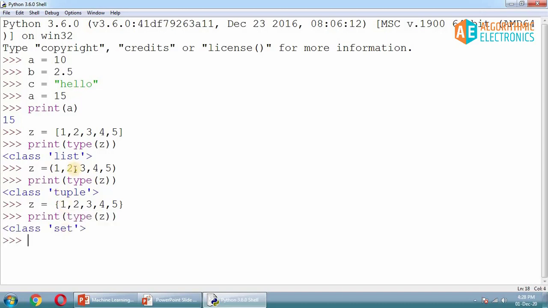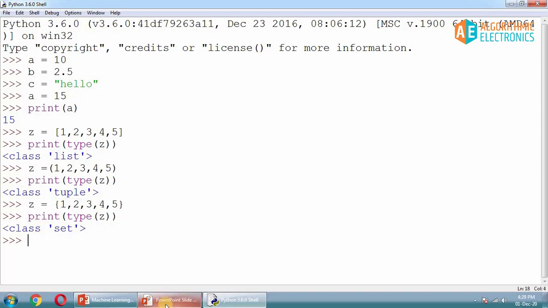Okay, so as far as the visual difference between these variables is concerned, you can find that this has square brackets, this has rounded brackets, and this has curly brackets. That's the only difference. And if you write using these brackets, it will change its type. So it is list, it is tuple, and it is set. This stores the same data, this also stores the same data, and this set is also storing the same data. But there are differences in terms of properties that we have just discussed.